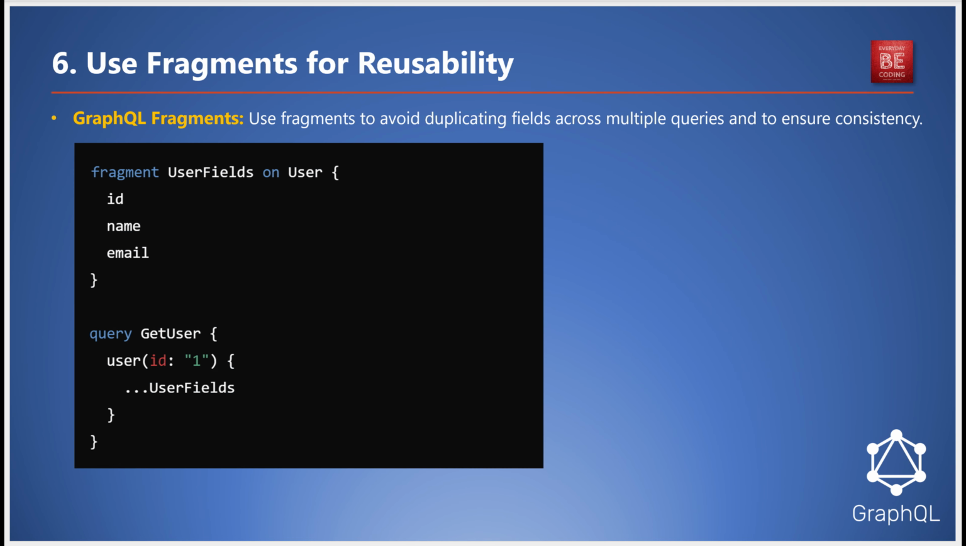Reusability in GraphQL can be beautifully handled with fragments. Define a fragment once and reuse it across multiple queries to keep your code DRY and your schema consistent. fragment UserFields on User { id name email } query GetUser,